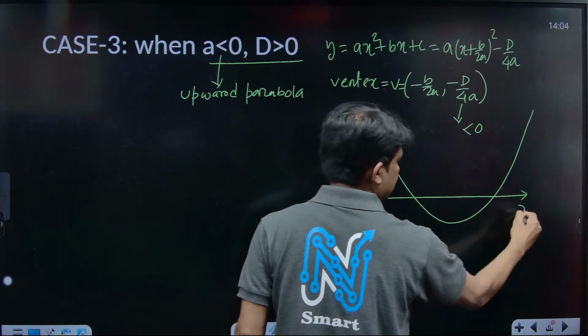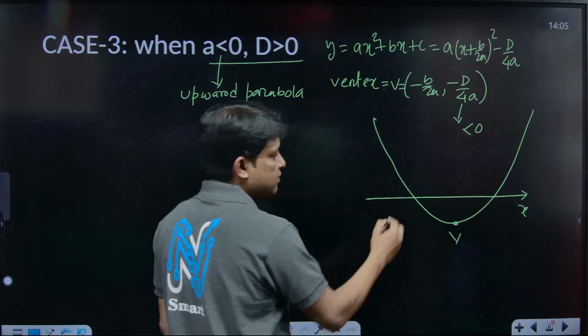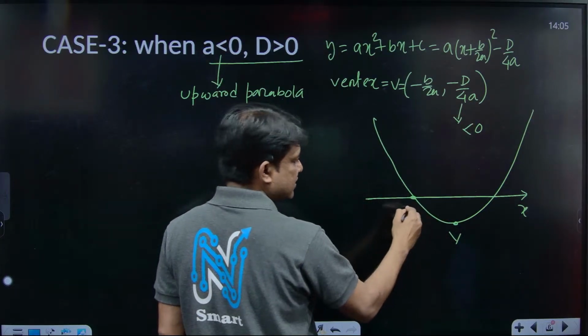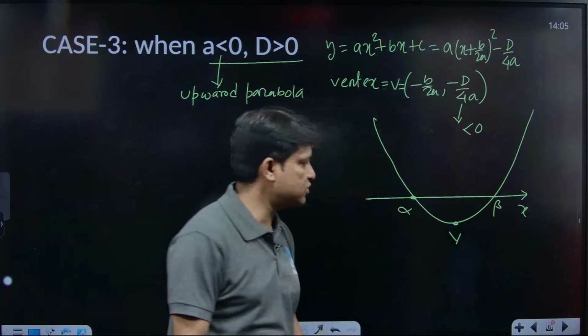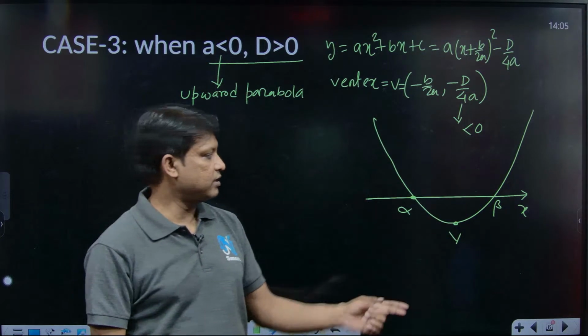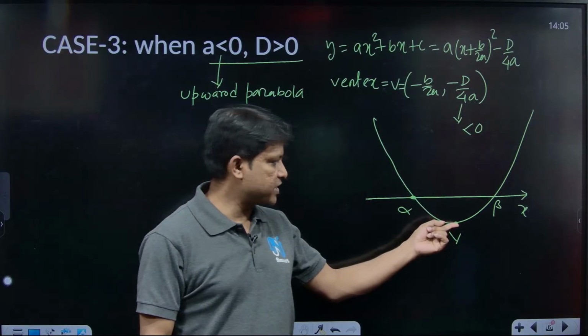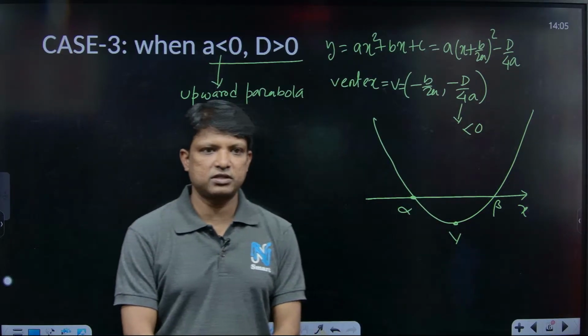This is the x axis, this is our vertex below the x axis. That's why the parabola intersects the real axis at two distinct points, and these two distinct points are called roots of the equation. When an expression intersects the real axis, that point is called a root of the equation,